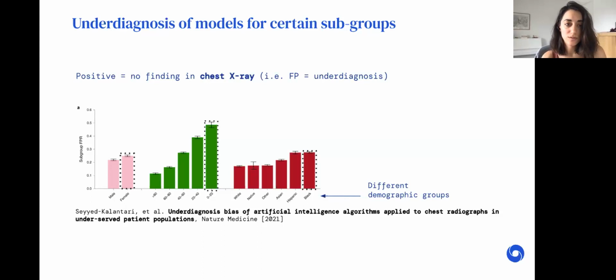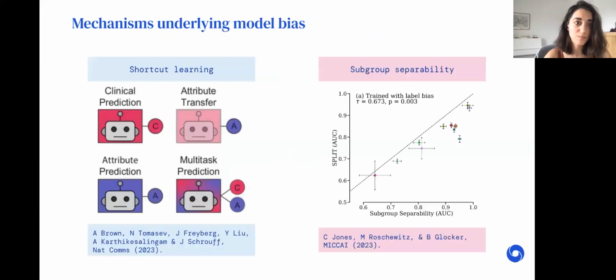So this was, of course, only one of the works that have shown such results. There have been similar studies in other modalities and looking at different attributes that are leading to these sorts of biases and performance disparities. Now, there have been also quite a few works that have tried to understand and interpret why these kinds of disparities emerge.